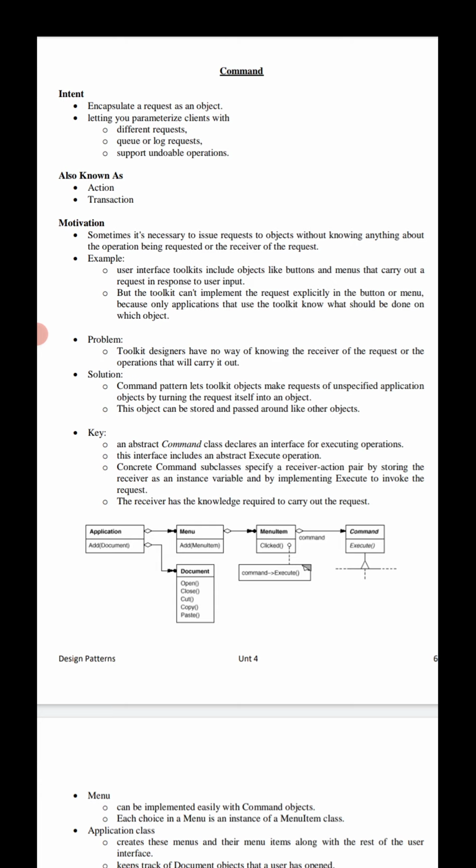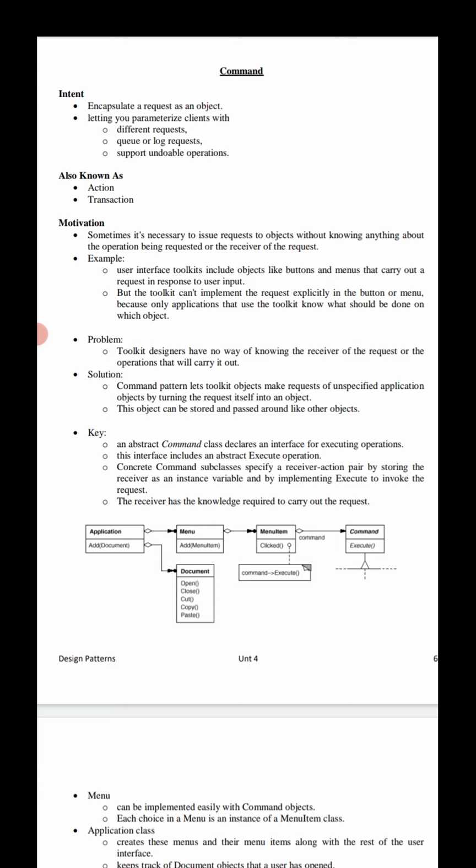We just make the request an object, like placing an order, like a command in the command design pattern. The customer orders, the waiter places the order like a command. Then we just need to have the cook prepare the food.